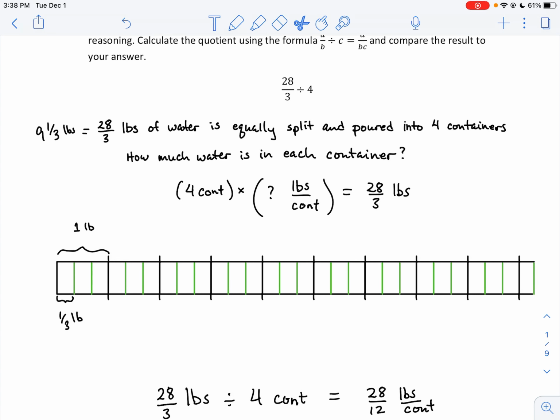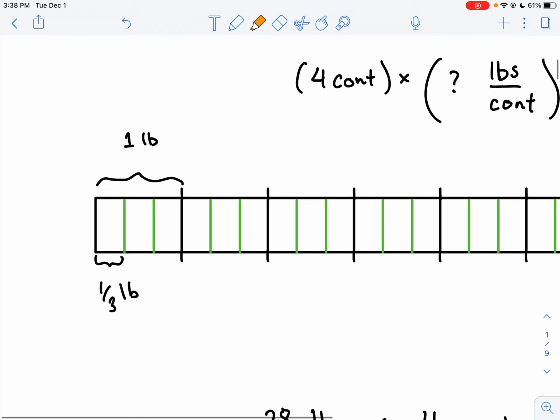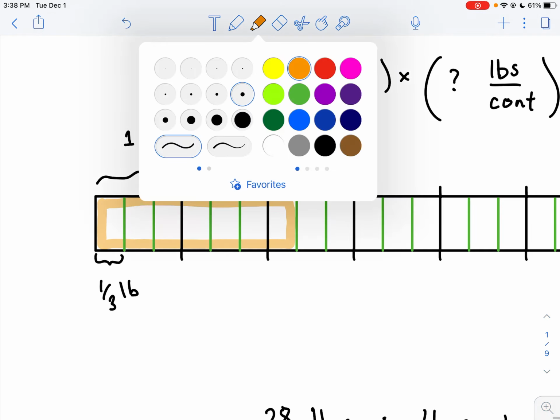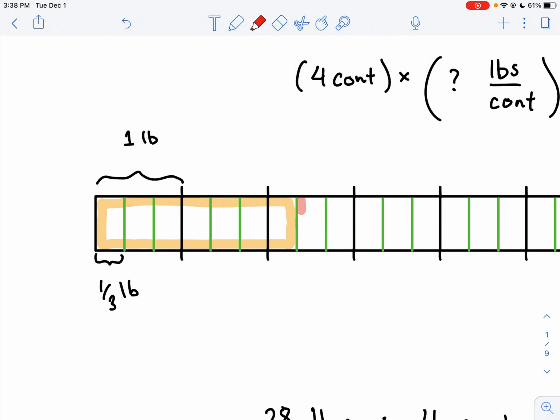And we want to share this between 4 groups. Now there's lots of ways you could have done this. Because 4 divides into 28 evenly, we could do vertical partitioning again and start separating groups. And I'll do color coding. If we do 28 pieces divided into 4 groups, that's 7 pieces per group. So each container will get 7 of these thirds. The first container will get these 7,